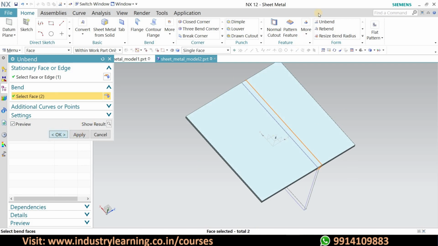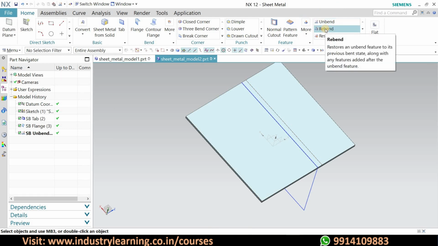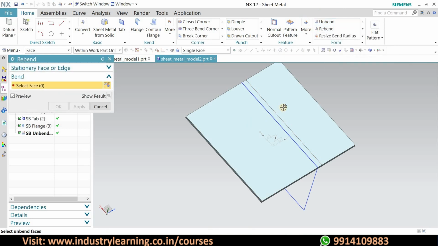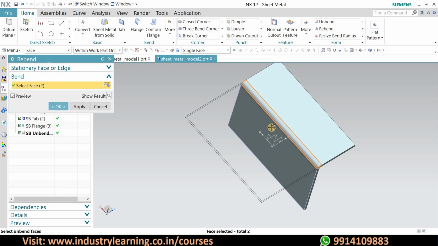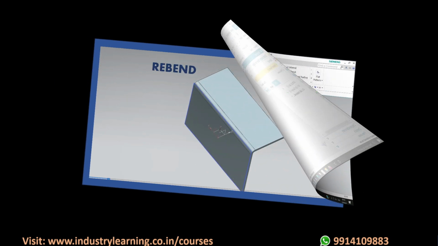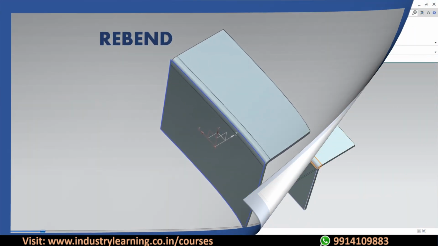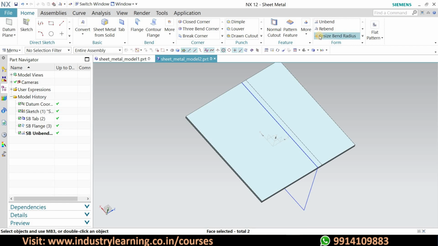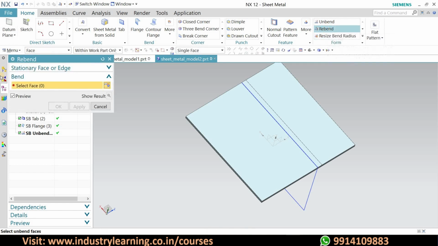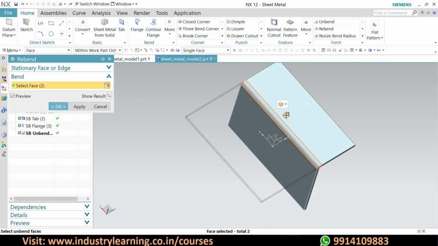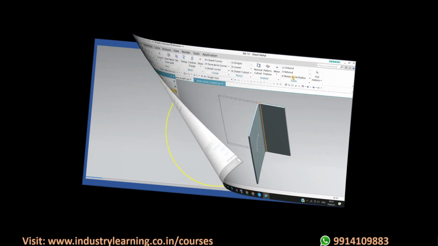Again, if we go to the rebend option and select this face, we can bend this again. So this was the rebend.